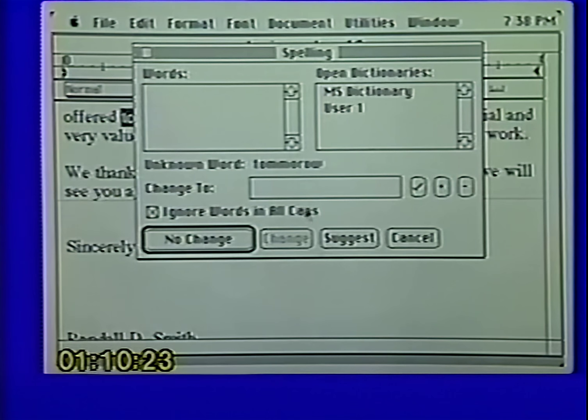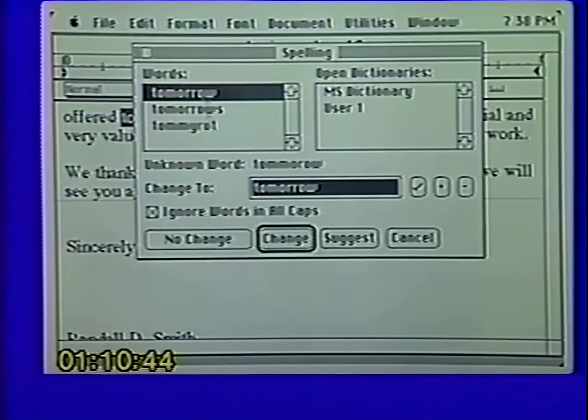Now that's the one I use the most. And the reason is normally when I misspell a word, the reason I misspelled it is that I don't know how to spell it. So let's go through and now ask the machine, help me find the spelling of tomorrow. Now when you hit suggest, it will try and figure out what you were trying to spell and give you suggestions. So let's hit suggest. And it comes up and basically says, all right, you were trying to spell tomorrow, tomorrow's, or Tommy rot. Now, it even selects the one that it's pretty sure you were trying to spell and puts it down here in the box. And you say, you're exactly right, that's what I was trying to spell. So now all you have to do is hit change.